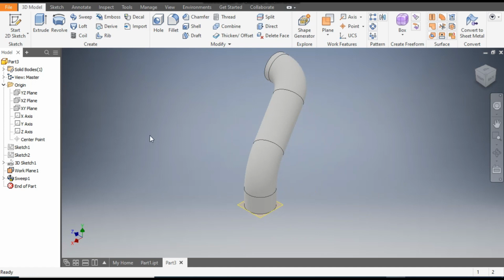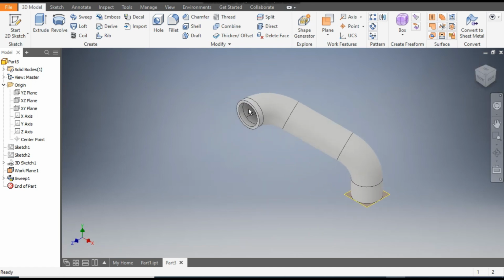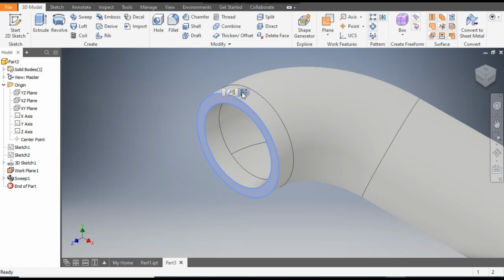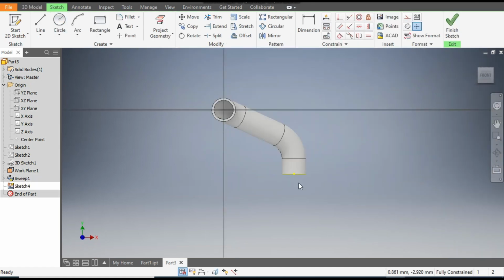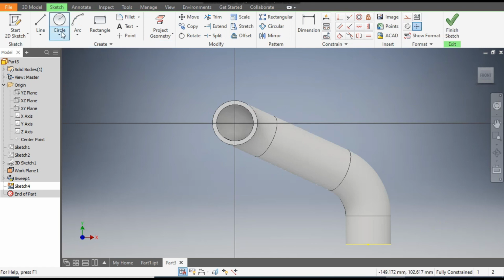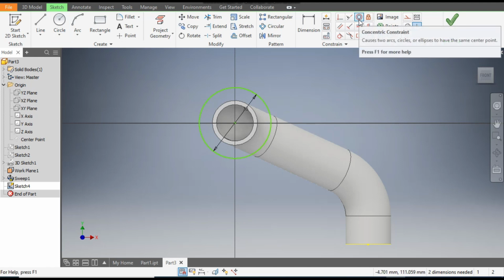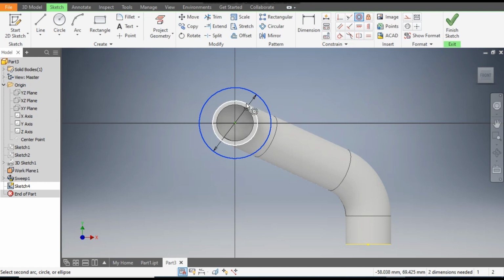Now after making this, we will make the flange profiles. Rotate the view and select this face. Go to create sketch. Here go to circle command and make a circle of dia 35 mm. As it's not constrained, go to concentric. Select this circle and select this circle. Now this is on the same center point of this circle,